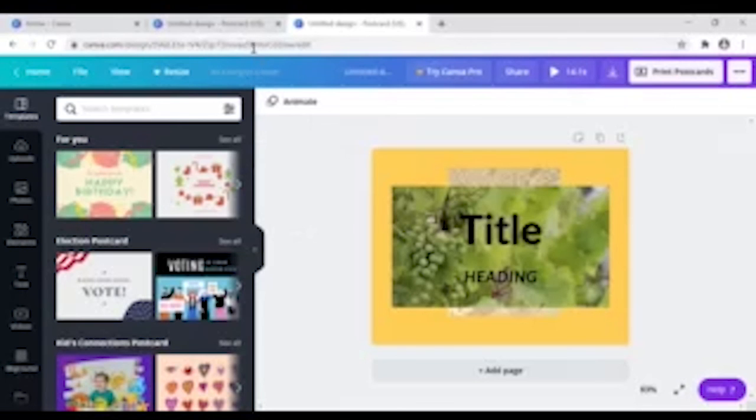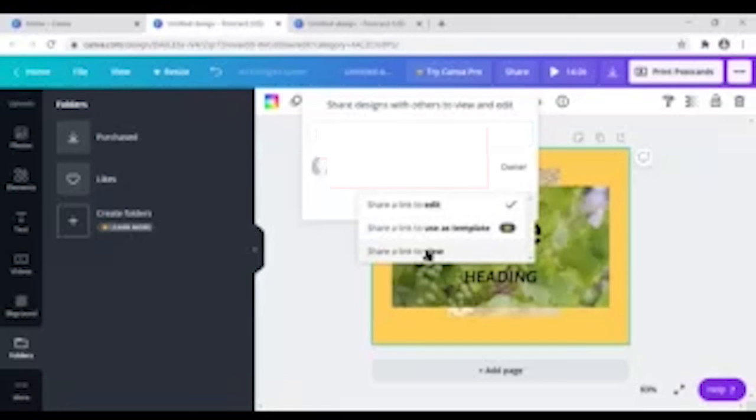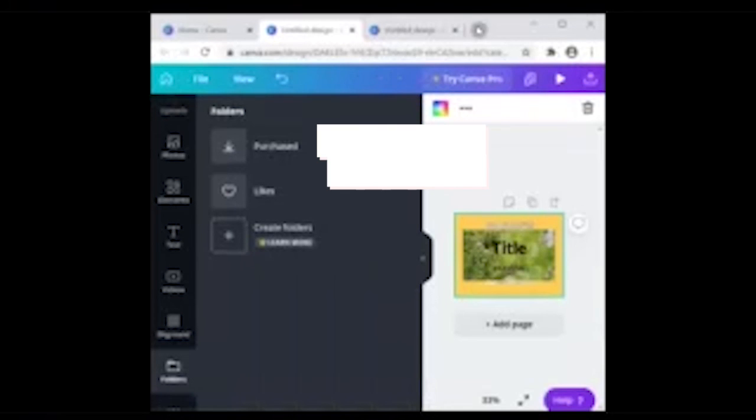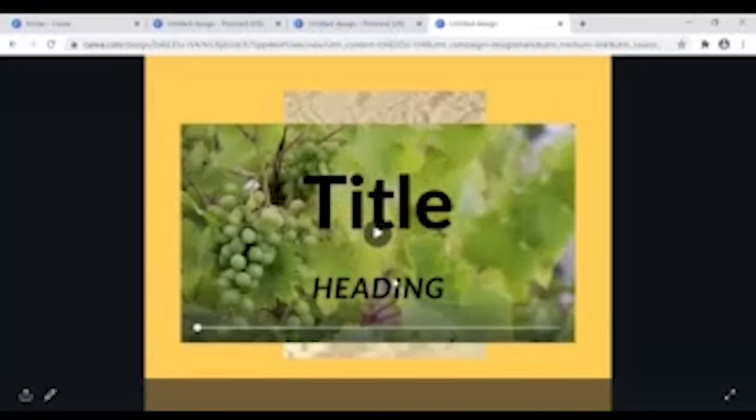And if we go back now to our original infographic, so now if we click on this option, we have another option available with our free option template, that is to share a link to view only. So if we click on this option and we copy the link and we go back to a new window in our web browser and we paste the link that we just copied. So now you can see that in this option, the user can only view the infographic, but they do not have the opportunity to edit it.